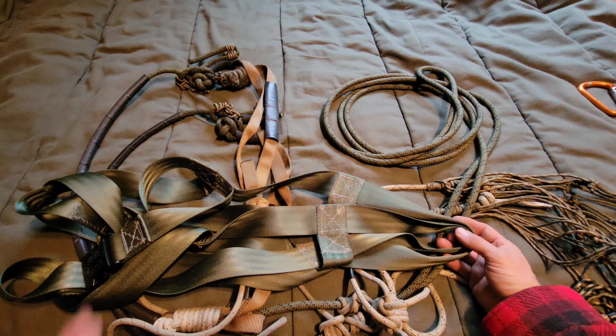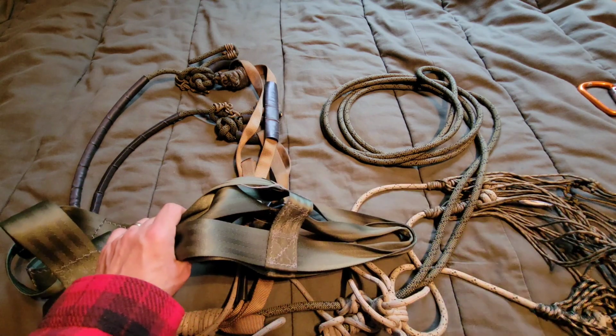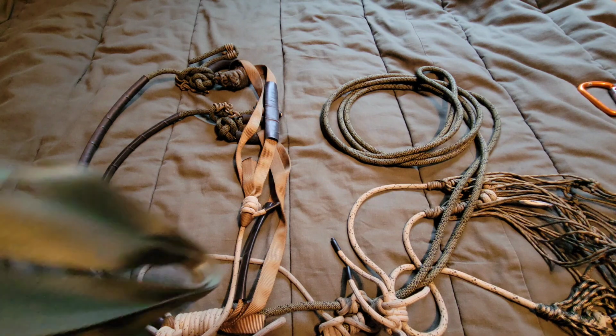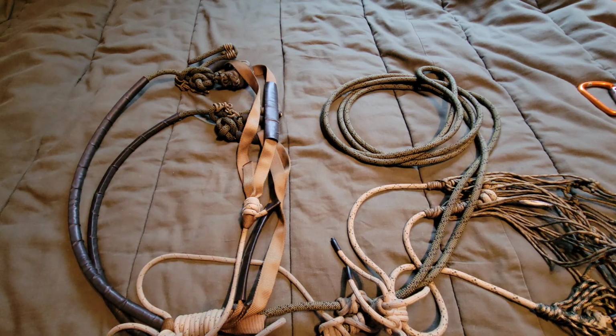I had built this harness years ago, and I had incorporated it into the saddle for safety concerns, but it never did bear my weight, and it just caused some discomfort with the straps, the leg straps. So I removed it,